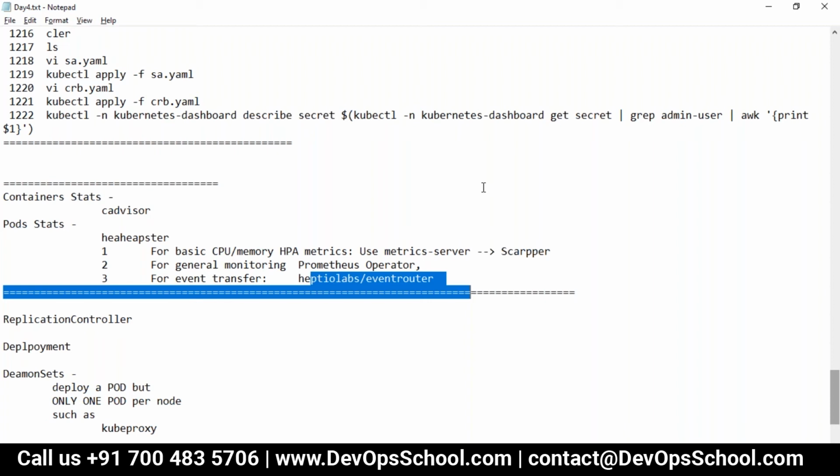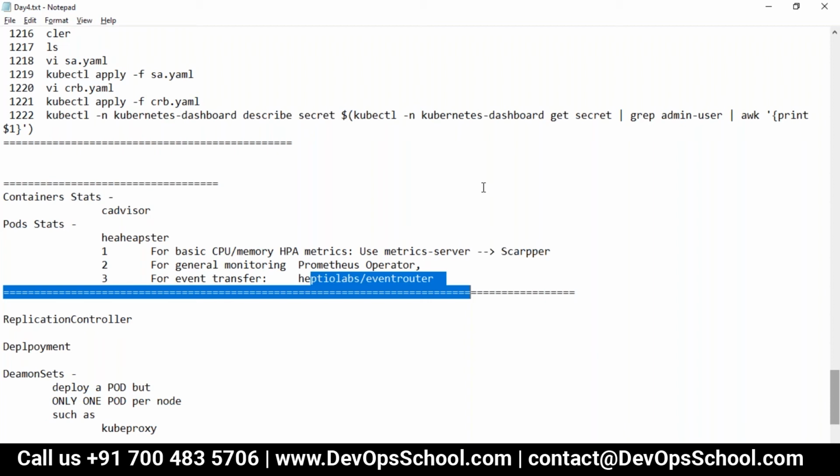You will get integrator plugins and all. These are applications, so you can export from one place to another place. So you'll get an integrator, for example, Prometheus operator. Prometheus operator will take all the data from the metric server and display it in the dashboard, store it in the Prometheus server, and from there you can query 9200. That's the endpoint of the Prometheus.